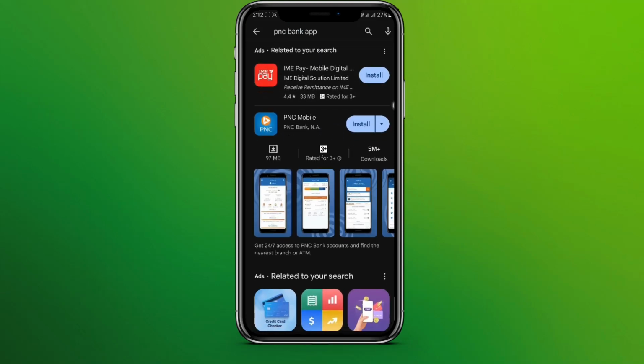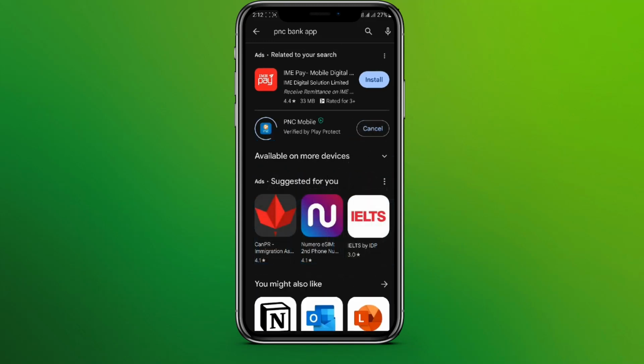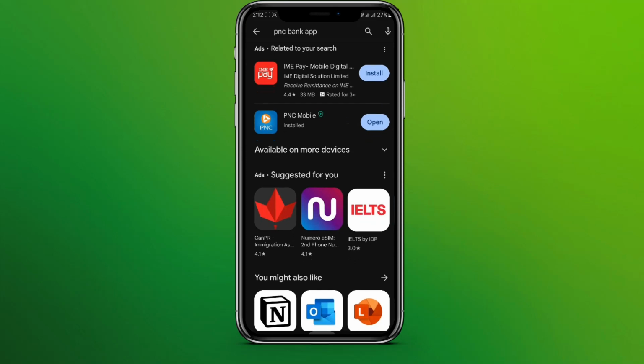You can simply click on this install button on the right. So let's tap on this. And it's installing. The installation process can take a few minutes. We need to wait till then. So it's done. You can simply tap on this open option over here to open the app, or you can